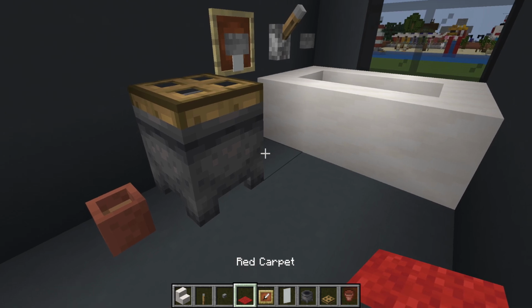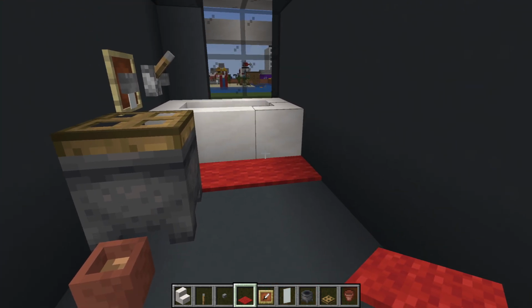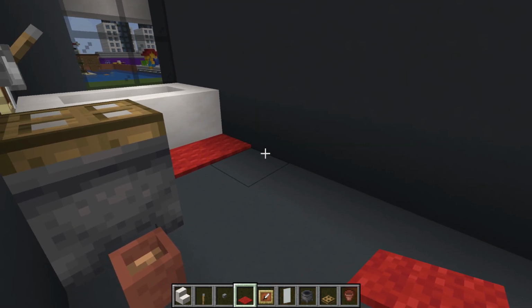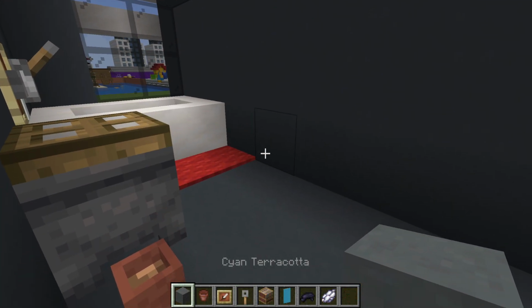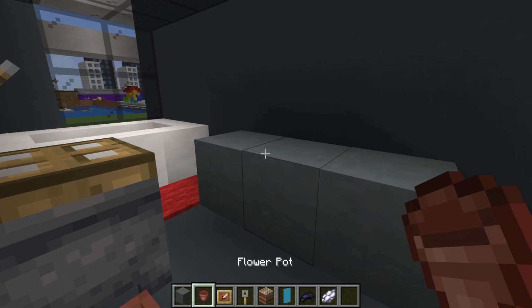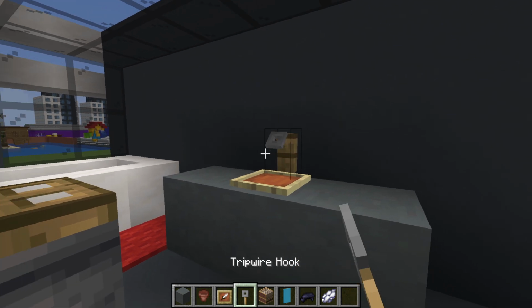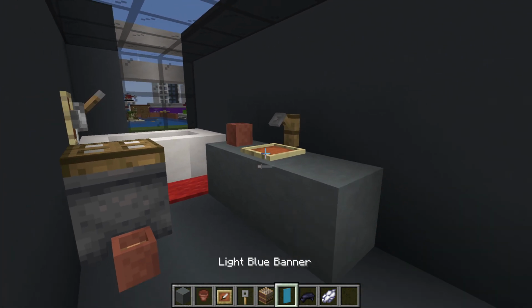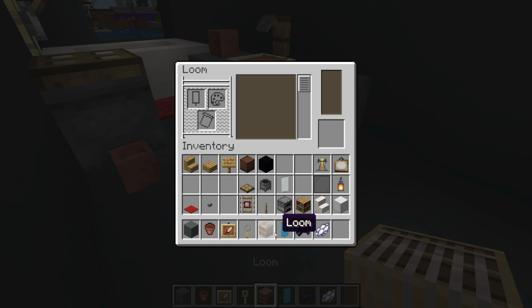We then want to place red carpet in front of the bath, and then against this wall we first of all want to place 3, 1, 2, 3 cyan terracotta with an item frame here, tripwire hook here, and a flower pot here. We will then place a loom, open it up, light blue banner in there with some white